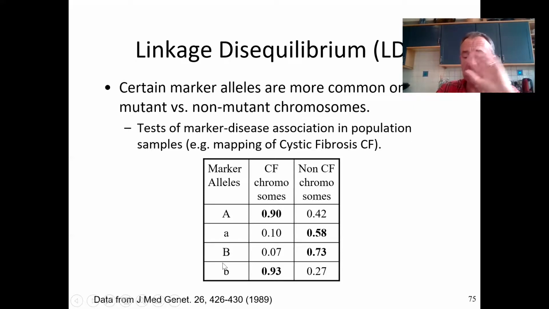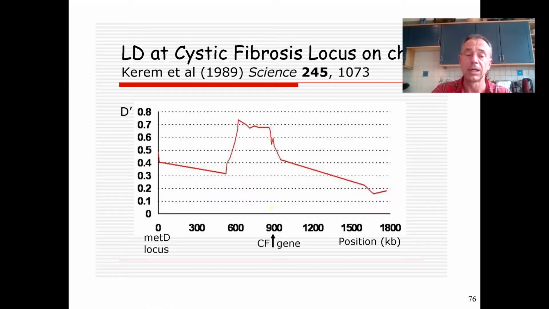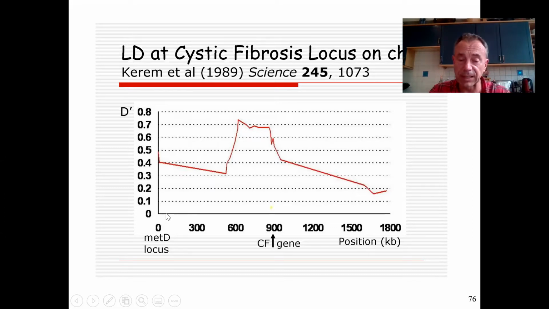And here you've got another variant, another polymorphism. We've labeled the alleles B and b, and here the little b allele is more commonly found on CF chromosomes than it is found on non-CF chromosomes. So the little b allele is associated with cystic fibrosis, and the little b allele is in linkage disequilibrium with the cystic fibrosis variant. And how you apply that in practice is you genotype a lot of very, very tightly